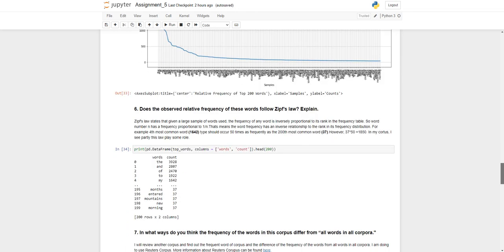When we look at question 6, basically, does the observed relative frequency of these words follow Zipf's law, and explain. Zipf's law states that given a large sample of words used, the frequency of any word is inversely proportional to its rank in the frequency table. So the word number n has a frequency proportional to 1 over n. That means the word frequency has an inverse relationship to the rank in its frequency distribution. For example,